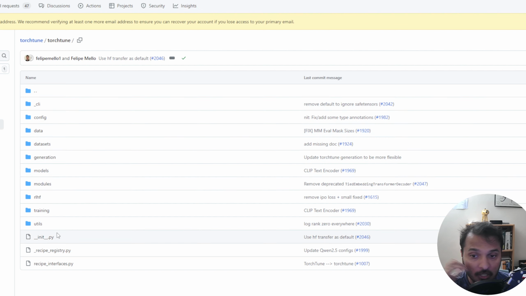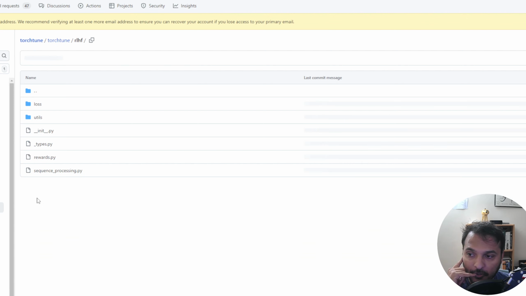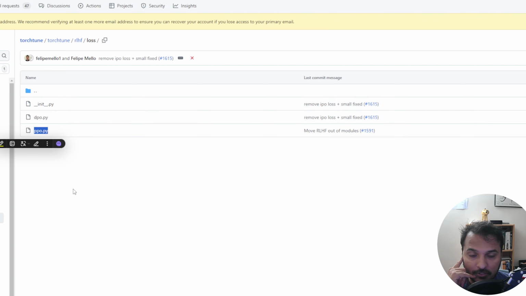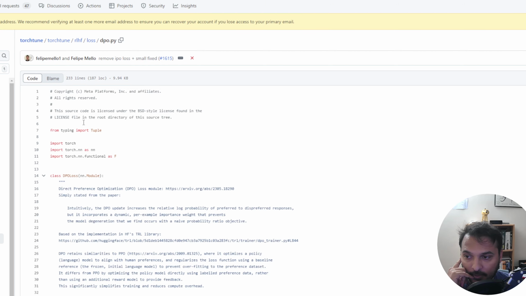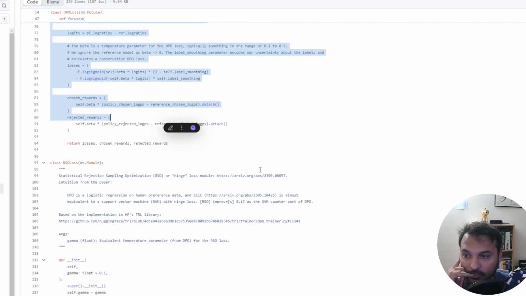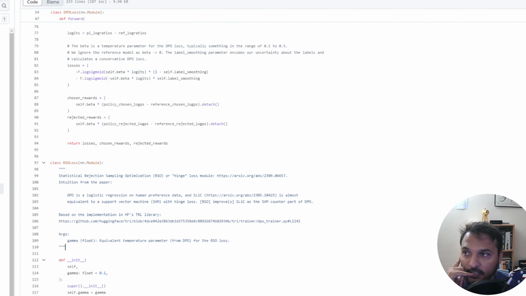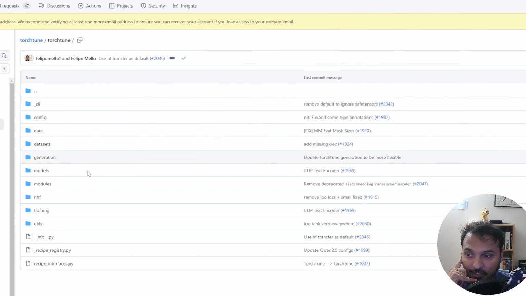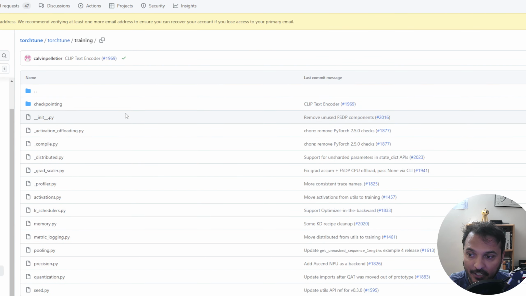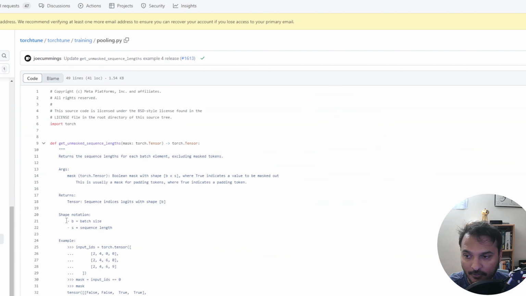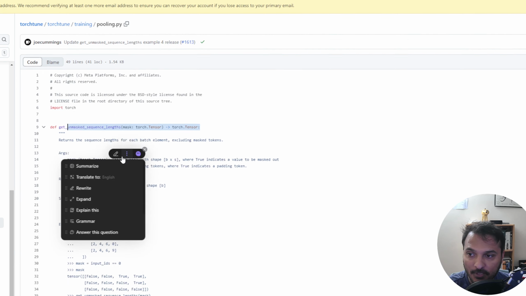Oh yeah, so it probably also does DPO and PPO. If I go to our LLMs folder, here are the DPO and PPO losses implemented. We can look at that as an NN module, forward and loss, and all the rewards and utilities for RLHF. And if I go to training, all the things that you need for a standard training: quantization, pooling. For example, if I go to pooling, some utilities to